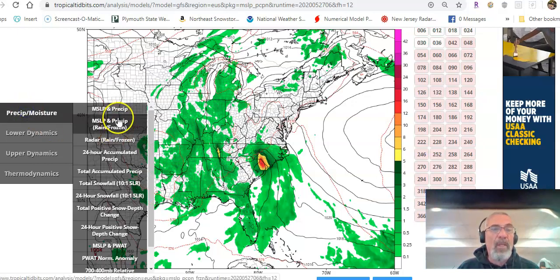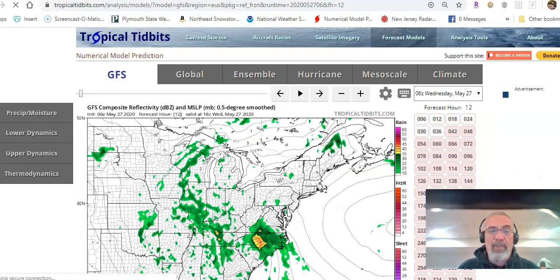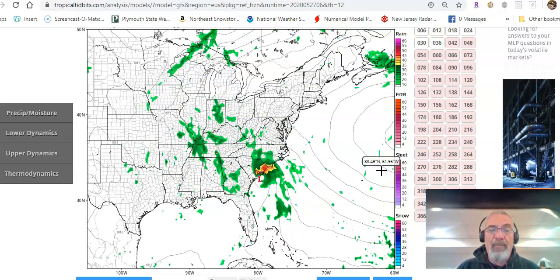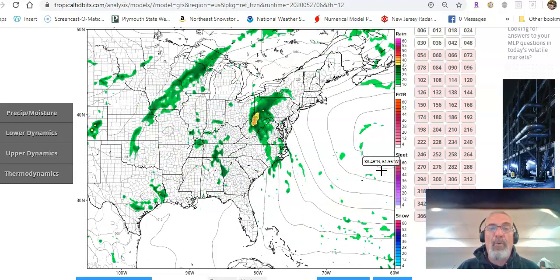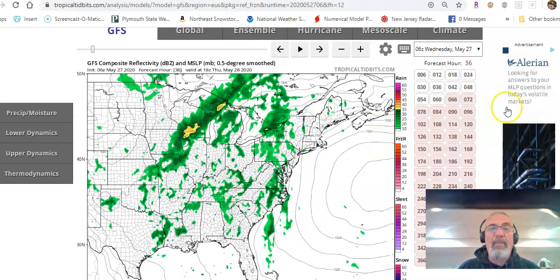Here's the view from a more westerly view, and you can see the showers coming into South Carolina, North Carolina, and then they move on northward into the western part of Pennsylvania. So I don't see any big problems for